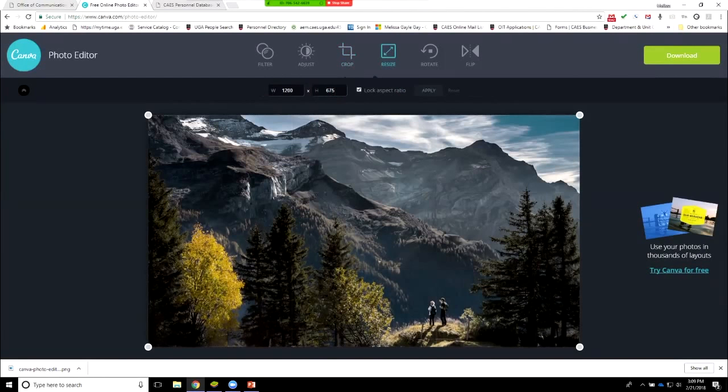And so now here, when I go to resize and I've got the aspect ratio already locked in, I know that I want the width to be no more than 1200, so I put 1200. And because I have used